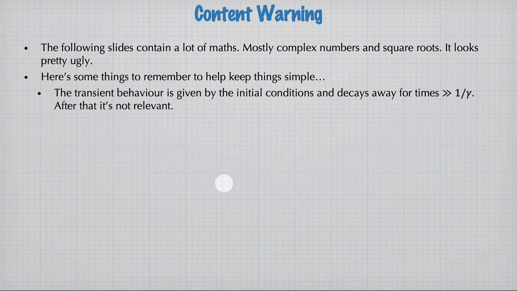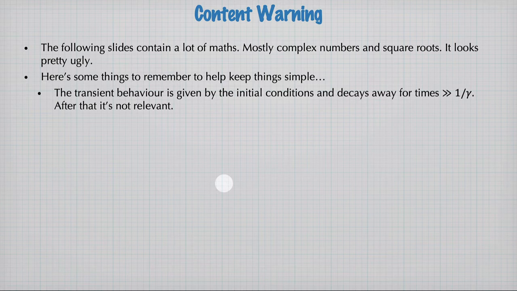First thing, when we're thinking about a driven oscillator, is there will be some transient behavior. When you first turn on your driving force, your mass will have an initial position and initial velocity. So that initial position and initial velocity will give some behavior to the system that will be going at the resonant frequency omega naught or omega dashed, and that behavior will die away for times greater than 1 divided by